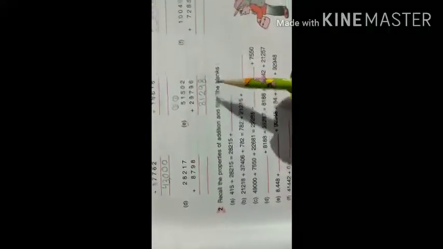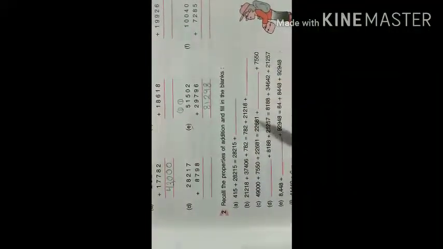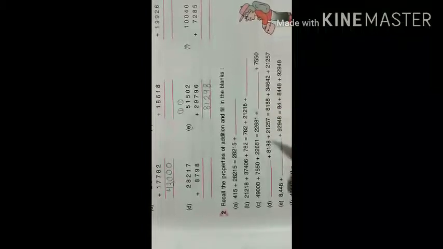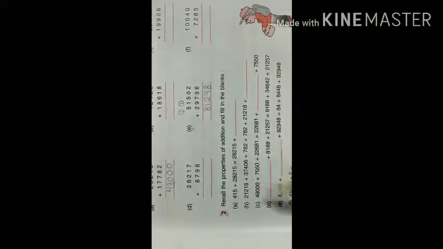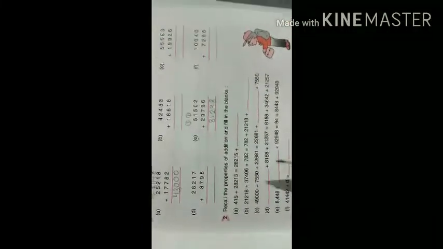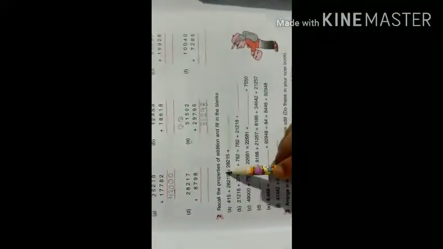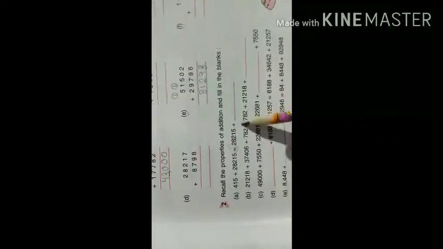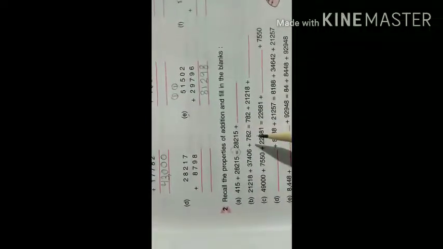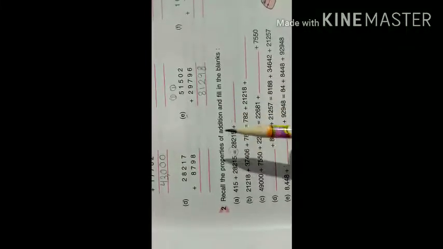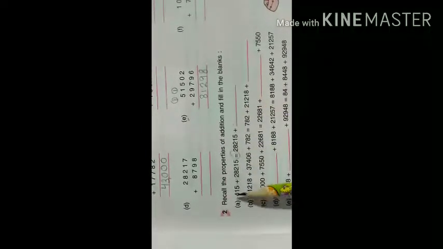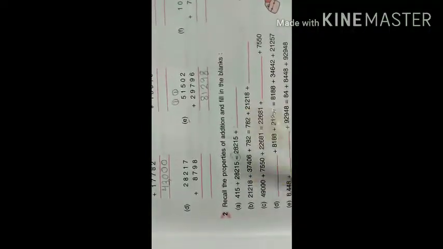First of all, we have done this type of sums in class 3 also. So this is just a little bit higher side or tougher side. Whenever you are getting this type of fill in the blanks, you just remember there is a mark here, that is very important: equal to. So what is the meaning of equal to? Equal to means both of the sides are equal. Understand? If this is banana, this is also banana. If this is apple, this is also apple. So just think they are equal means both the sides should be equal.